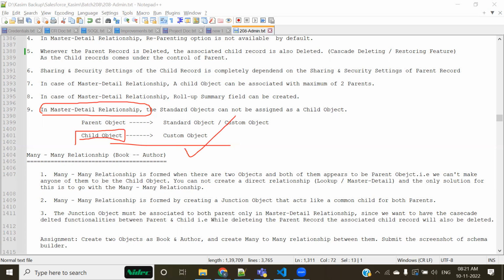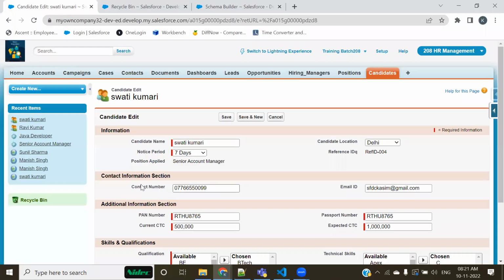Right? Now I ask you one question and you would yourself decide what should be the type of relationship. I wanted to create a relationship between case and contact. Chalo is pe mat jao ki who is going to be the parent, who is going to be the child, wo sab baad mein dekhenge. First of all, tell me what would be the selection, relationship ka selection kya rahega, lookup ya master detail, batao.